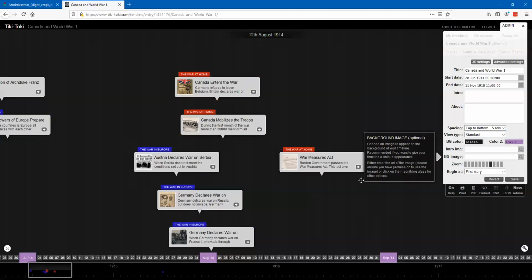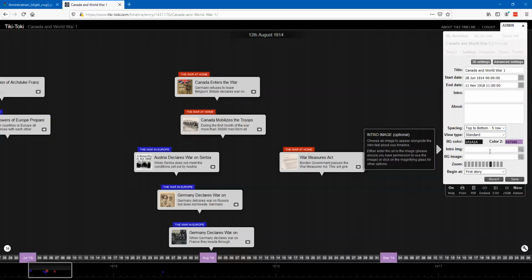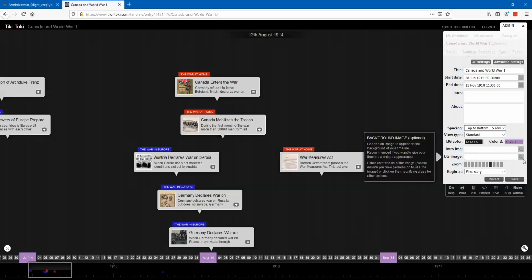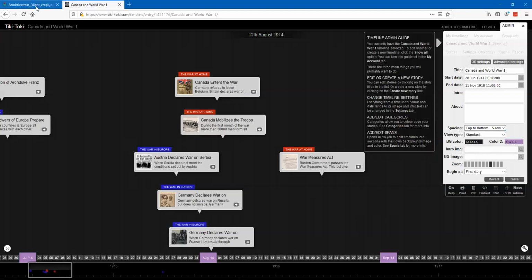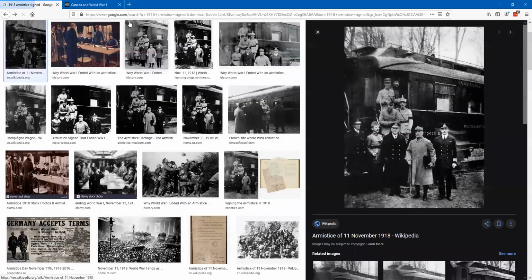I'm going to put mine back to standard at 5, so I get my little pictures and stuff there. And then I can have all things that are close together all nicely stacked on top of each other. We can also put an intro image, or we can throw a background image in. The background images are kind of good. So if you found like an image that you think is quintessentially World War I in Canada,